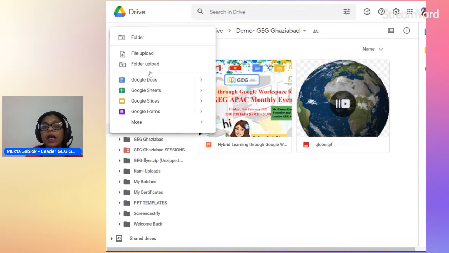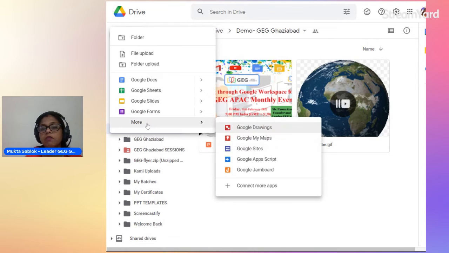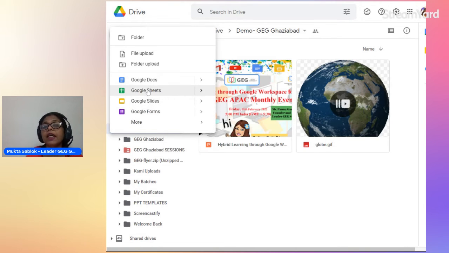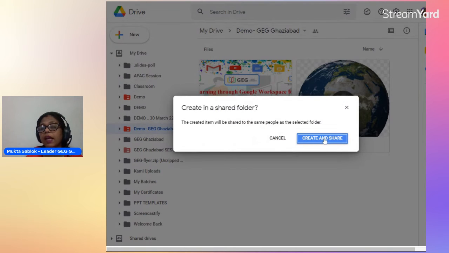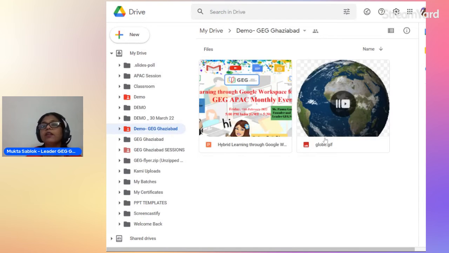Click over new, and the fantastic thing is we can create any of these types, be it Google Docs, Google Sheets, slides, forms, drawings, my maps, sites, Jamboard. I am in my demo folder. I'll click over Google Docs, and since my demo GG Ghaziabad folder is being shared, it is telling me that the created item will be shared with the same people as the selected folder. Yes, I want to share that.